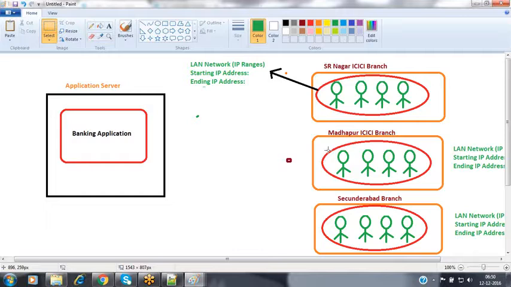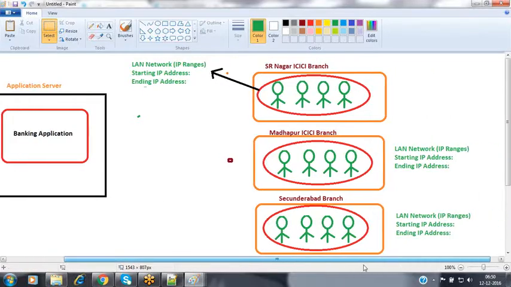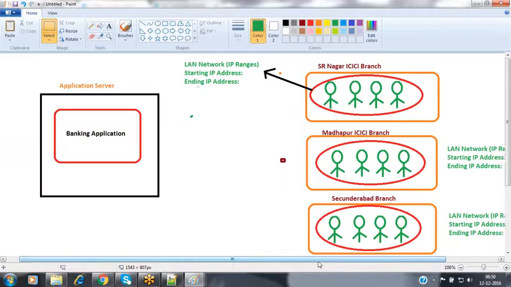Generally, if it is an IT company, we can take the work from home option. But for a bank employee, do we have any work from home option? No. Why? Because that person cannot access that bank application from outside of the bank network. The application has been developed and restricted in such a way that it can be accessible only in the specified network IP ranges. So the bank application cannot be accessed from outside, and these people cannot work from home as well.